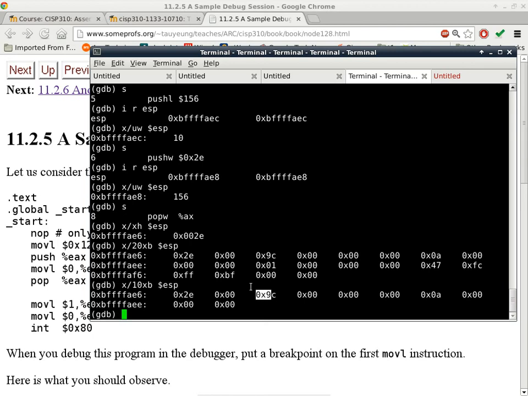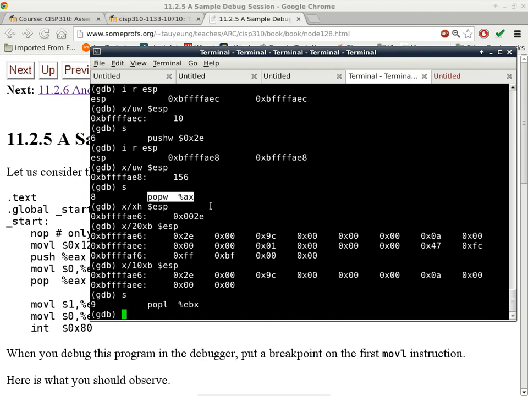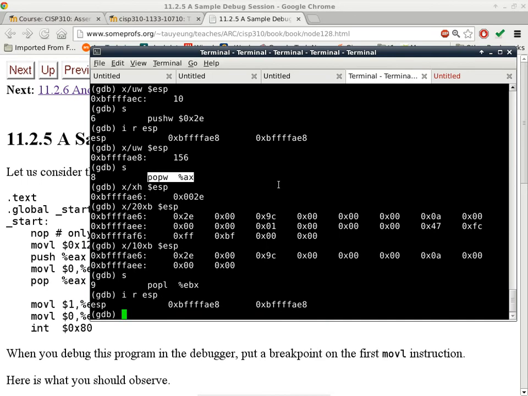Okay, so let's go ahead and single step this particular instruction. We'll single step the pop W instruction. And the first thing we'll do, we already know that AX is going to end up with 002E as a value. But what we want to do is to take a look at ESP. Because you can see that ESP, oh, I forgot to track down ESP after the last push instruction. Did I? Okay, let's see here. I single step, and this is the instruction where I forgot to actually look at the